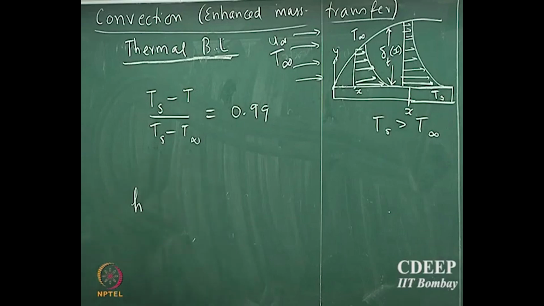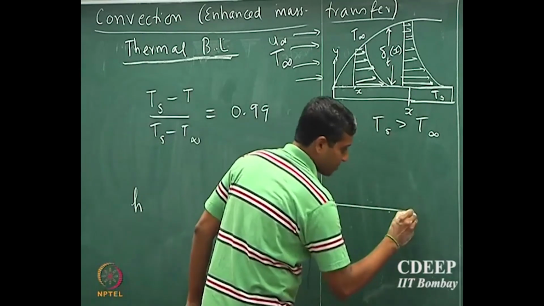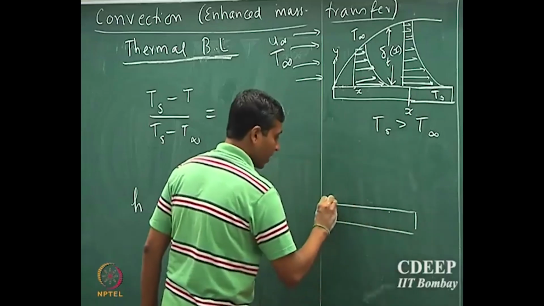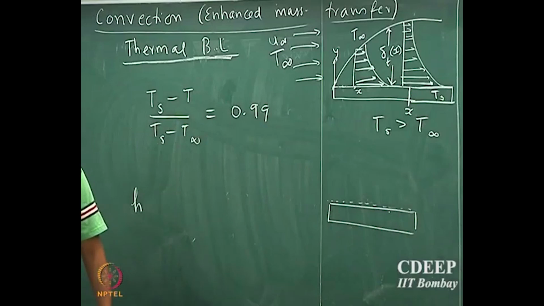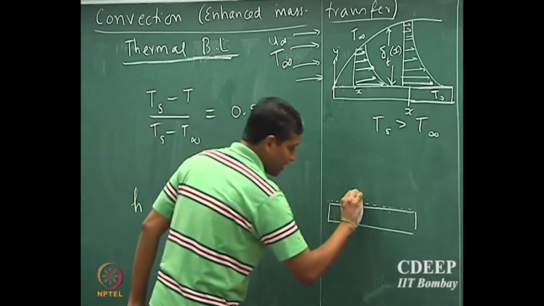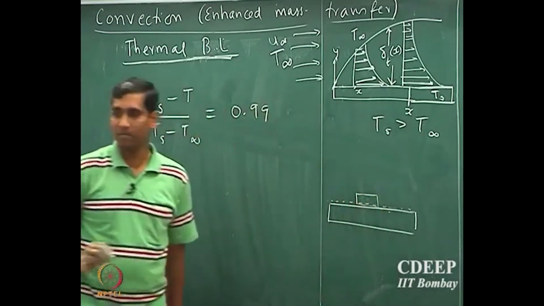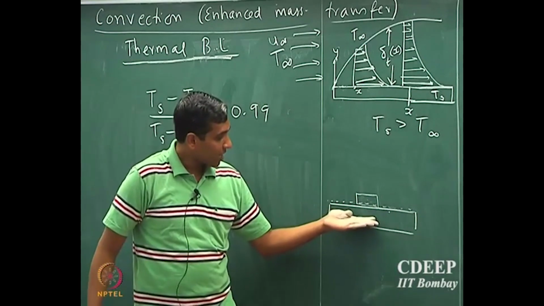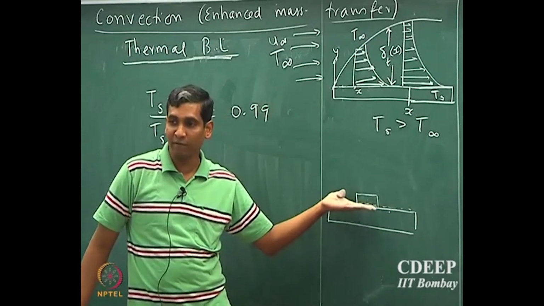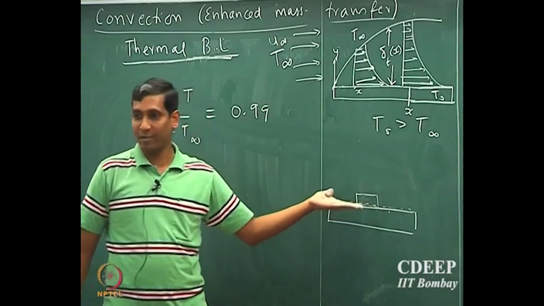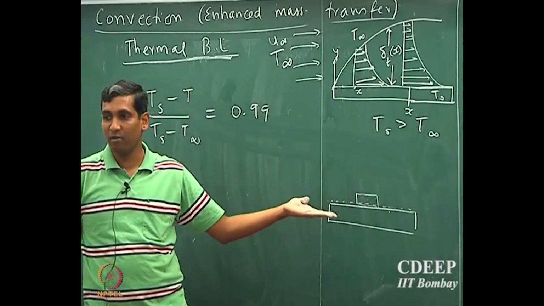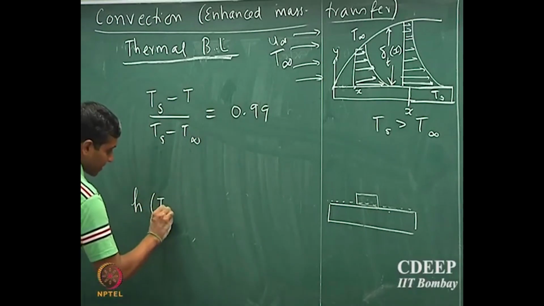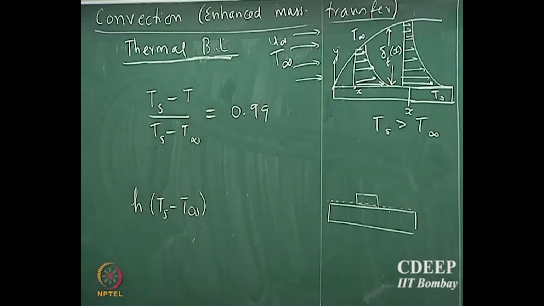Flux divided by, okay. The way to see that is, suppose I zoom into the interface. So this is my interface, and I have a fluid particle on top of that surface. Now I write an energy balance in the fluid phase at the interface. Whatever heat is transported from the flat plate to the fluid is transported via conduction, because the velocity of these particles is 0. So essentially the transport is occurring because of conduction. Therefore the flux at that location, this is Newton's law of cooling, h into Ts minus T infinity